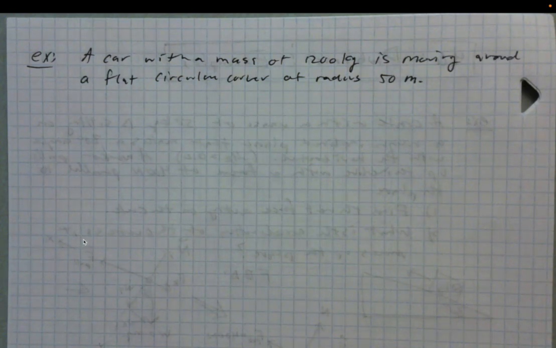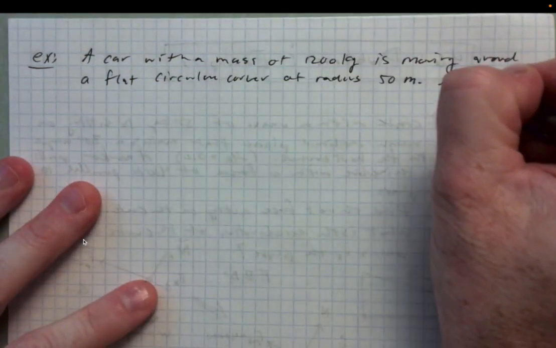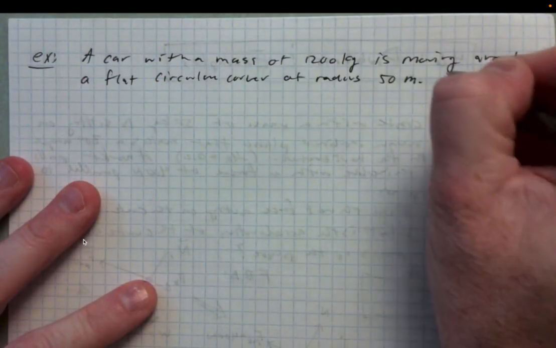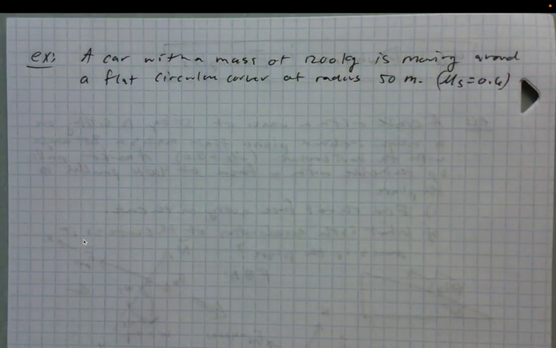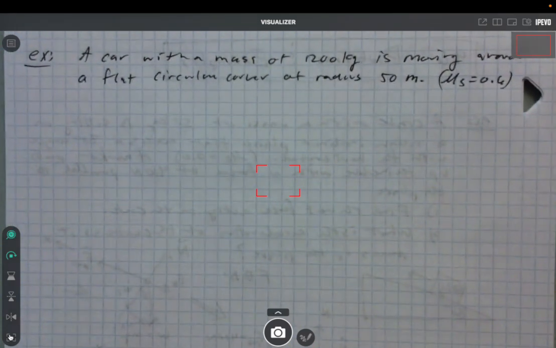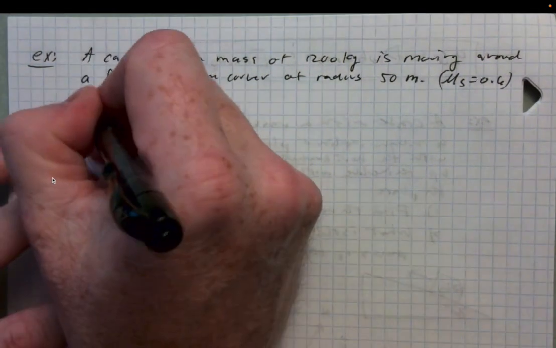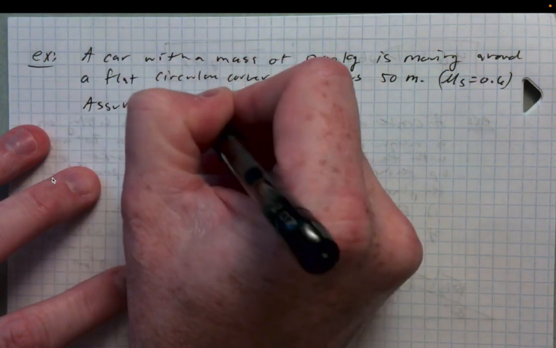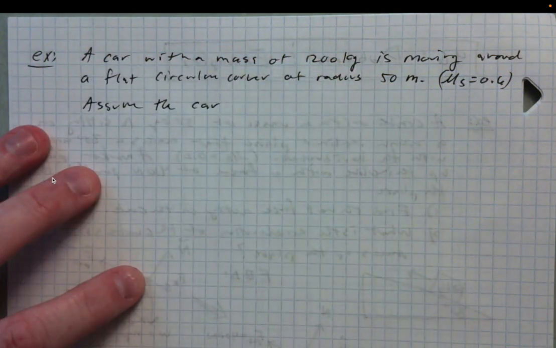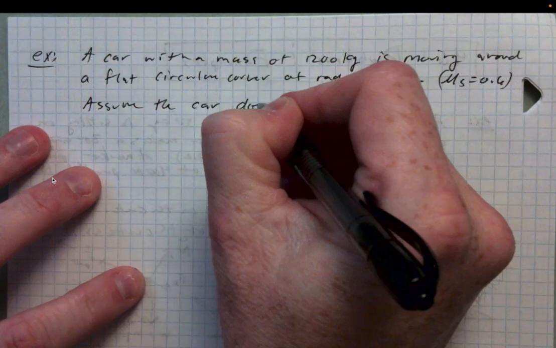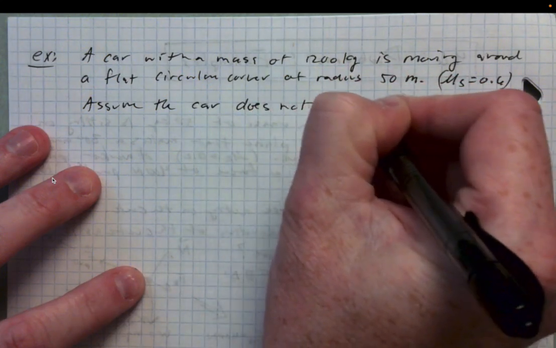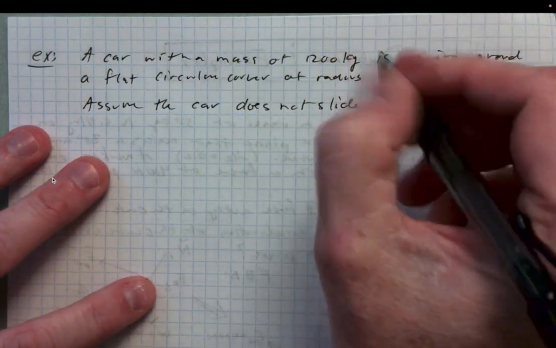The coefficient of static friction between the tires and the road is 0.6. So I'm just going to put mu sub s equals 0.6. And that's understood to be between the tires and the road. Let's assume the car does not slide and moves